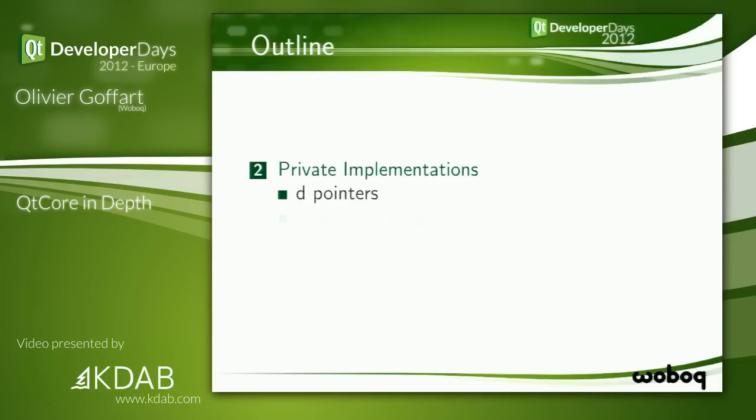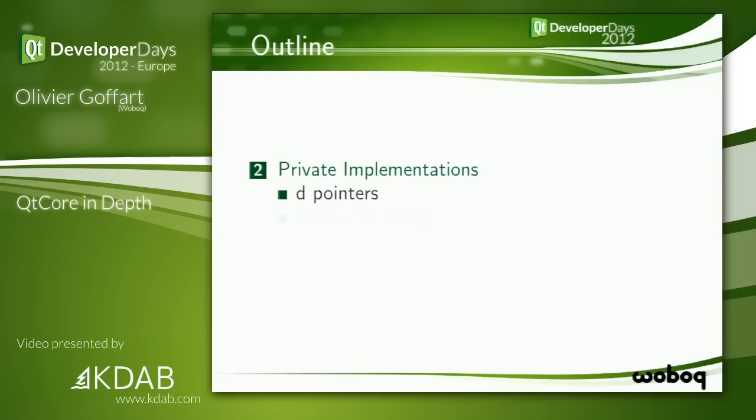In C++, you have classes, and those classes can have public members and private members. You know that, but we don't really use private members in Qt, and one of the main reasons is to maintain binary compatibility. If you add or remove private members or change them, then you change the size of the class, and that's a problem. Why is that? Because if you compile your application with Qt 5.0 and you want to instantiate a QString, for example,